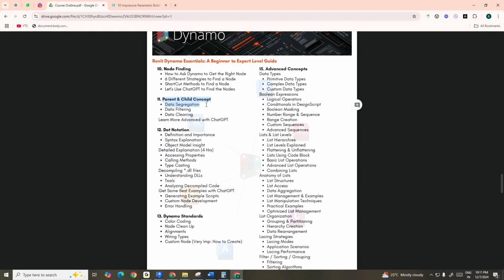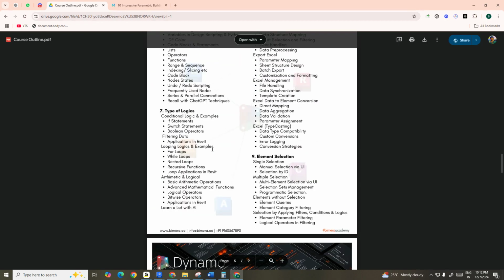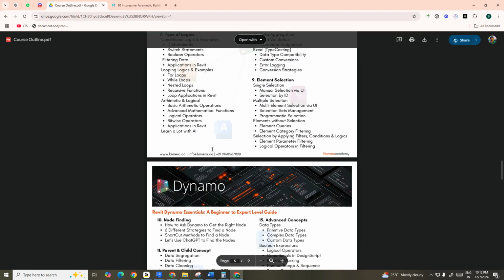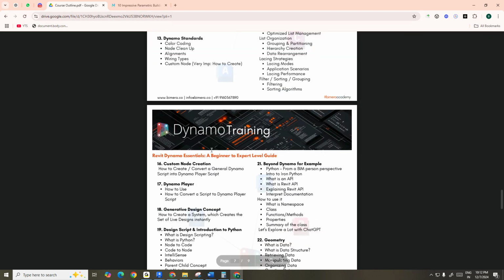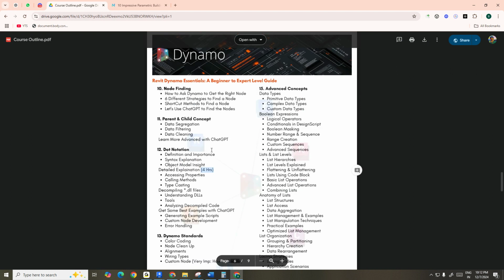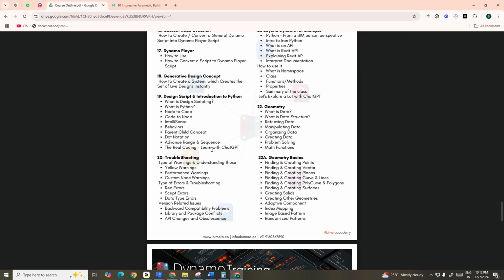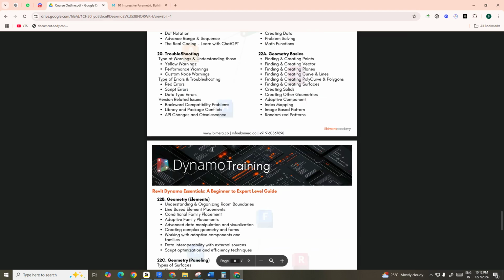Okay, so shortcut methods, parent and child concept. It's coding terminology, and I'll explain it from a real-person perspective. Dot notation. Again, this is not an updated outline. I even mentioned how many hours it will take, or else I have to update it. So this entire thing is the course outline, and this is halfway. We are going to cover a lot in the training